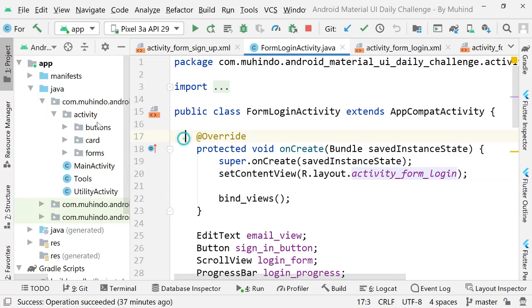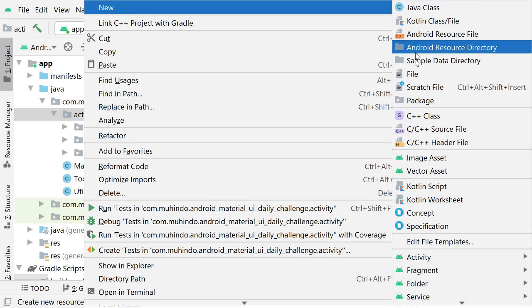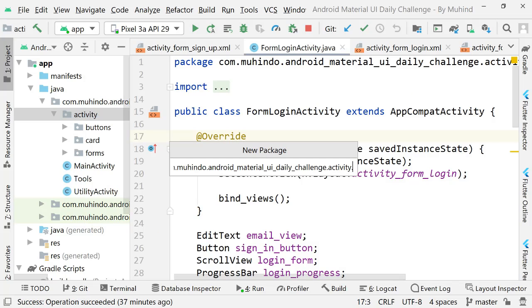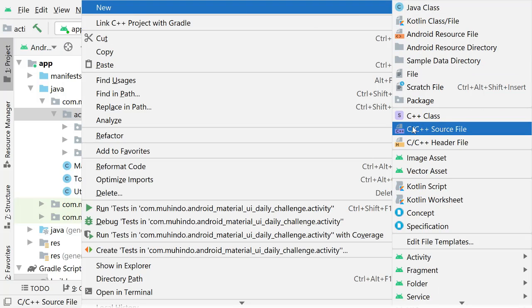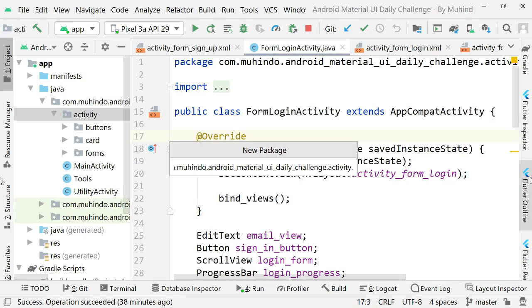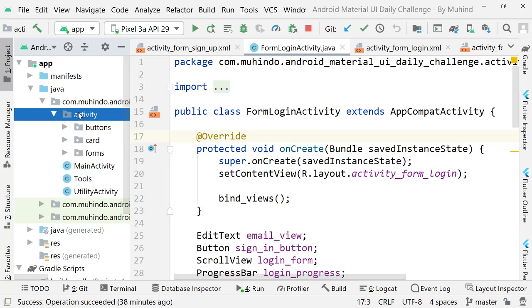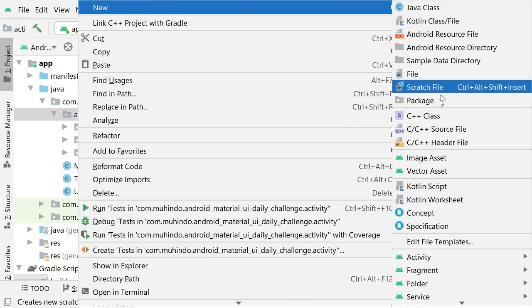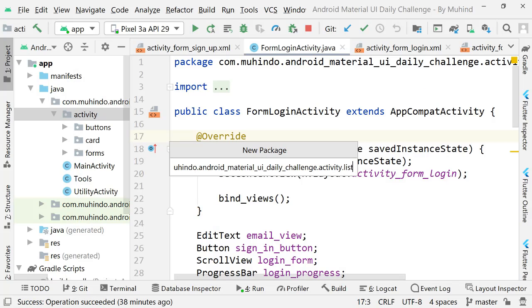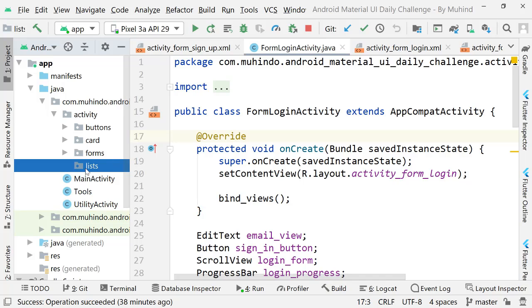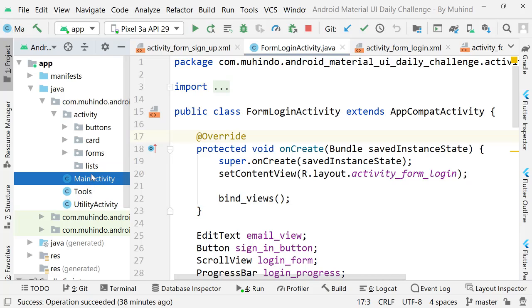So I'll begin by coming under activity and right click on it and then come new, and then I'm going to select package. Then on this package, I think that I did it wrongly. I click new and then I click on package. Is that how we do it? Right click on activity, new, and then you select package, and here we're going to put list. So in this package, I'll be putting activities that will be about the list. Okay. So inside this list package, we are going to first include this list, the one that can browse us in this list into this